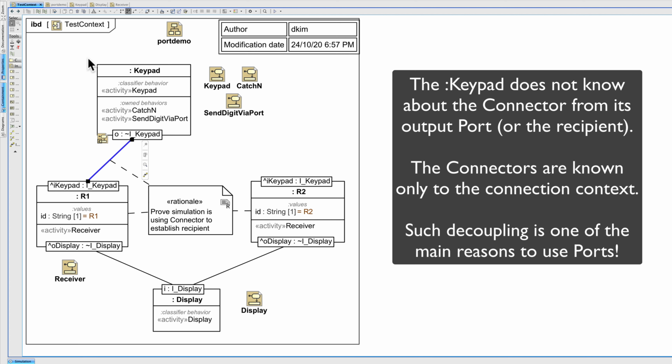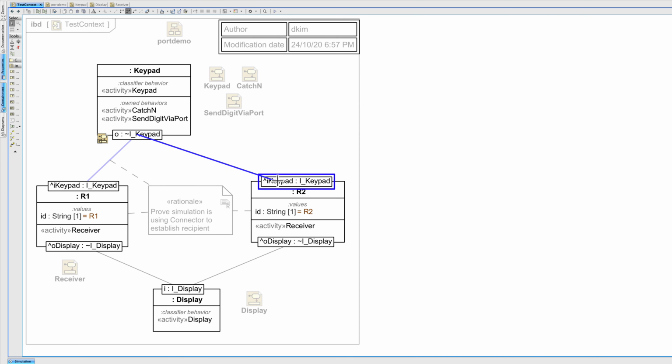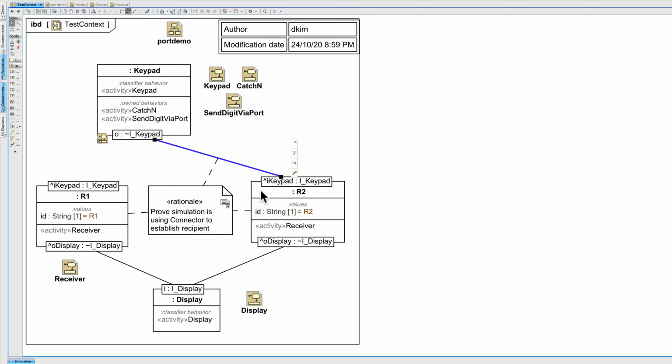It's the whole point, one of the main points of using ports. It's a decoupling between the sender and candidate recipients. So one thing we're going to do when we actually run the simulation is show that we can switch from one